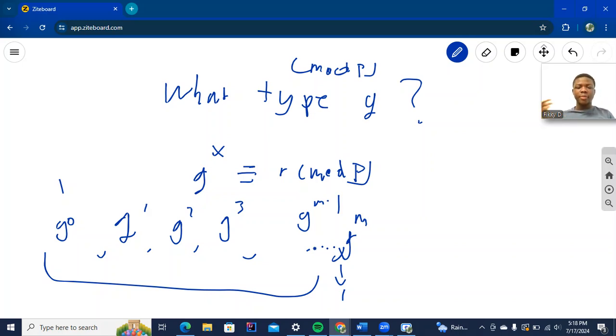Basically, you would want m to be very big in the finite field, right? We're using a finite field p, so we only have access to the numbers from zero to p minus one. You would want m to be very big in that field, because if m is small, and if this leaves a remainder of r in mod p, maybe let's say it's just g squared, then we know that we can eliminate